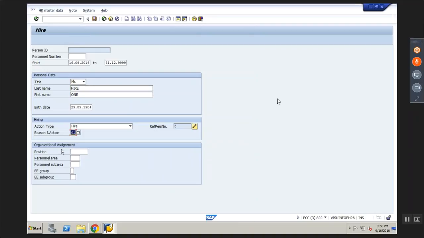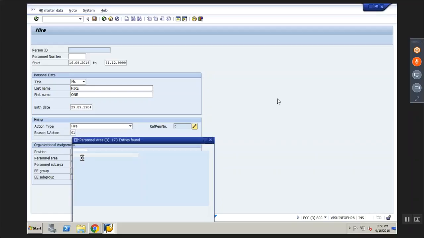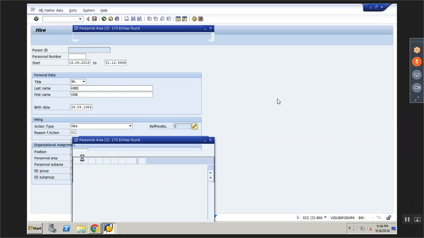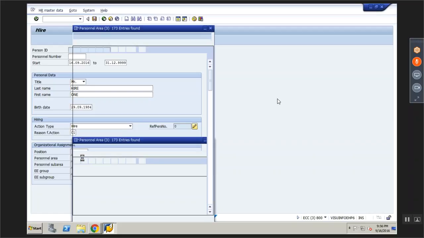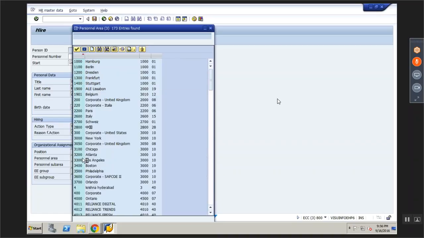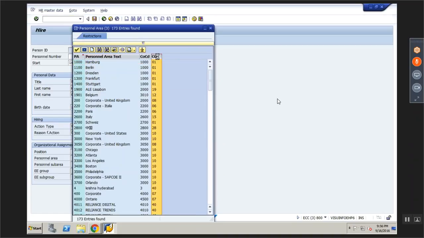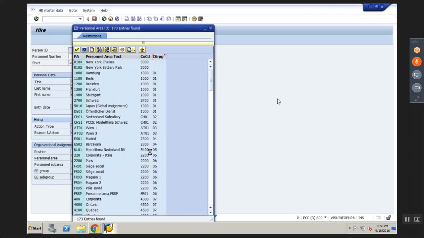Now in organization assignment, ignore position for now. You have personal area. Now we have just configured the personal area. I will not take the personal area we have configured because we have not yet completed the configuration. I will take something else, the product defined. So I'm sorting it with country grouping.